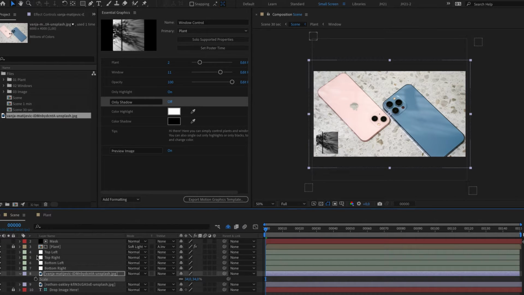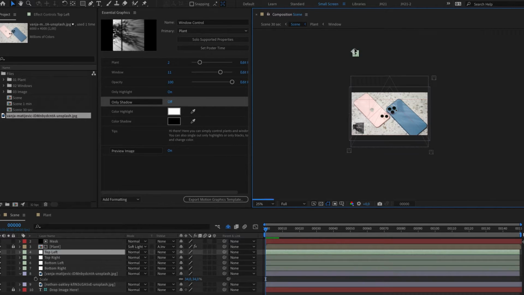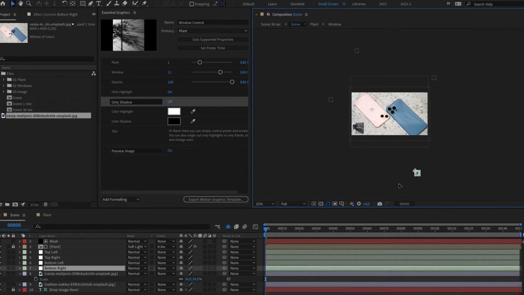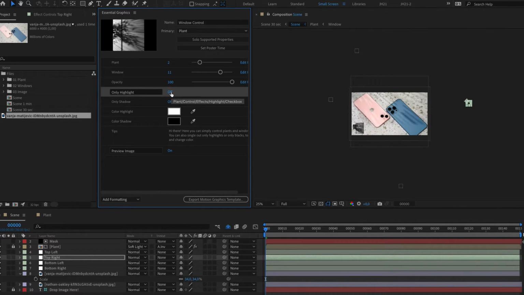So let's change that. If I change the direction of the corner pins and also turn off only highlights,